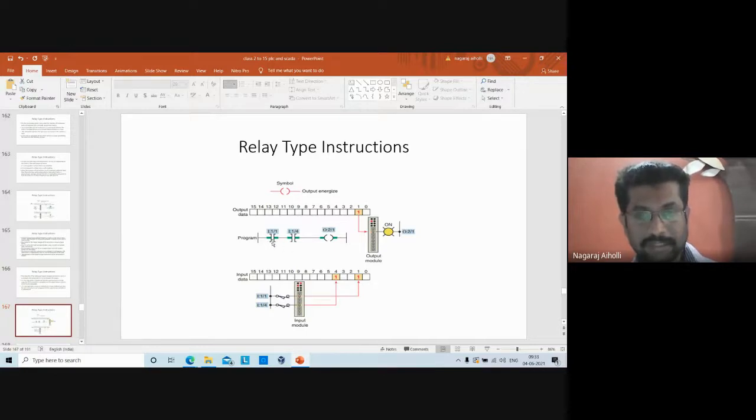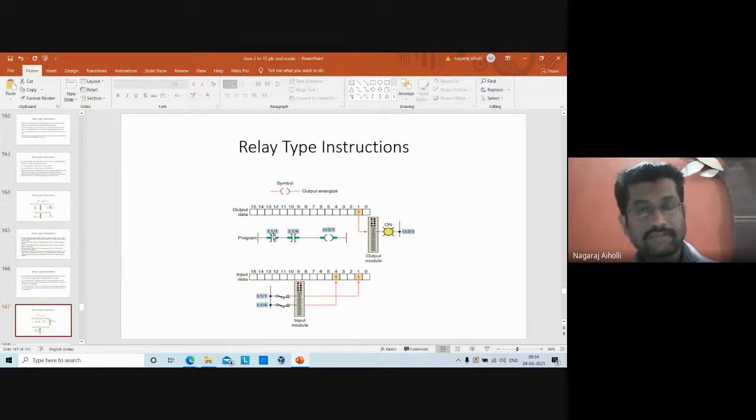There is a program here. This is I:1/1. It indicates that it is an input contact. Its address is 1, that is, slot number 1 in the IO module. Recollect what we studied in the IO module at the beginning, the Allen Bradley chassis and rack, your test question, is it not? In the Allen Bradley chassis and rack, the IO module has about 128 racks, and each rack has about 8 slots, correct?